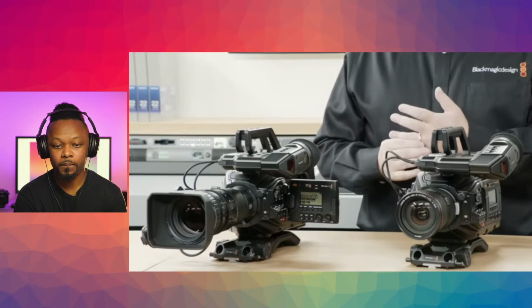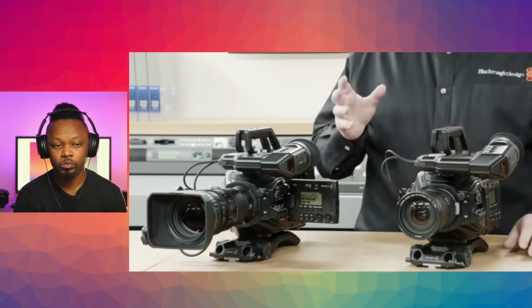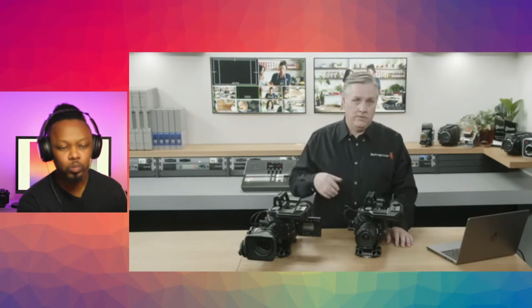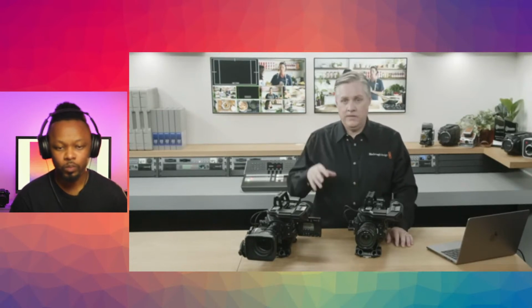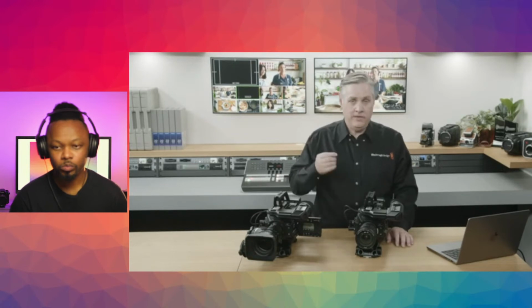Now, we've also done some work on the codecs. The new model has an amazing range of codecs. It supports Blackmagic RAW for the highest quality, which is really great when you're doing post-production, and great for cinema quality if you're doing cinema work. But it also includes ProRes for more traditional video workflows. But what we've done now is we've added H.265 and H.264 codecs, so for much smaller file sizes. And that's what's new. The other thing we've done is we've actually added the H.264 SDI and the H.265